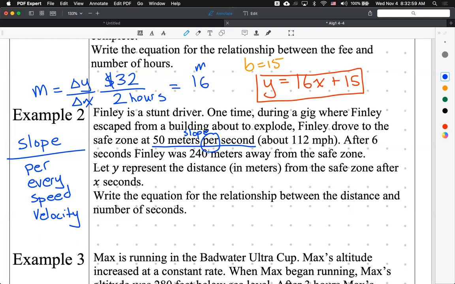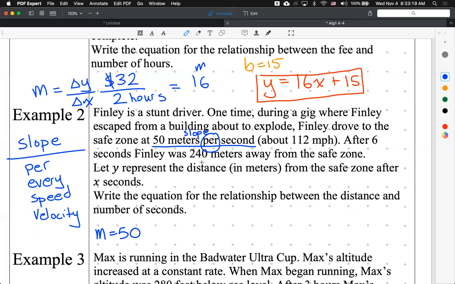First, we have the slope. Everyone annotate m is our slope. M is equal to 50. You can say 50 over 1, 50 meters every 1 second, or we can just simplify that and say 50. The other thing that it's given us is after 6 seconds, Finley is 240 meters away